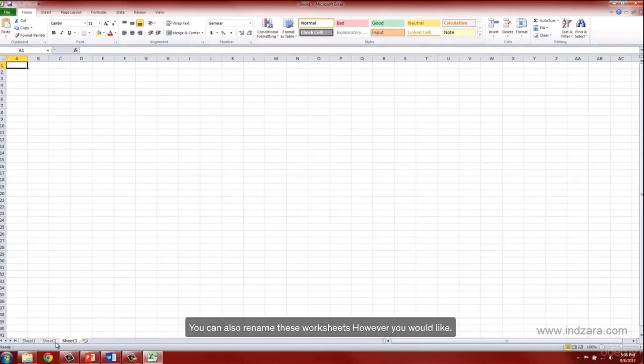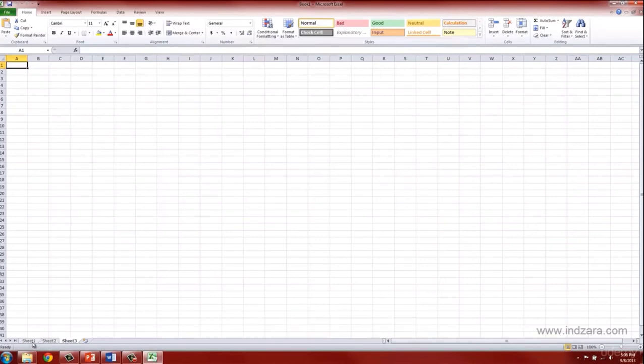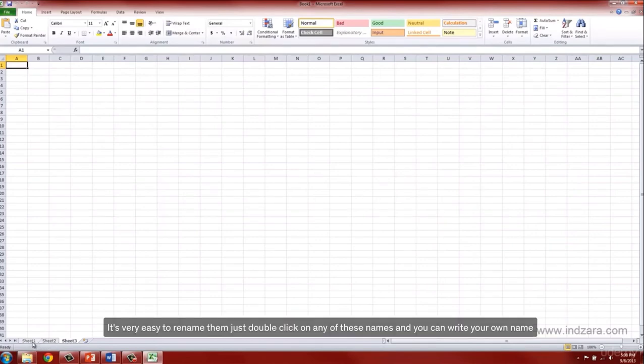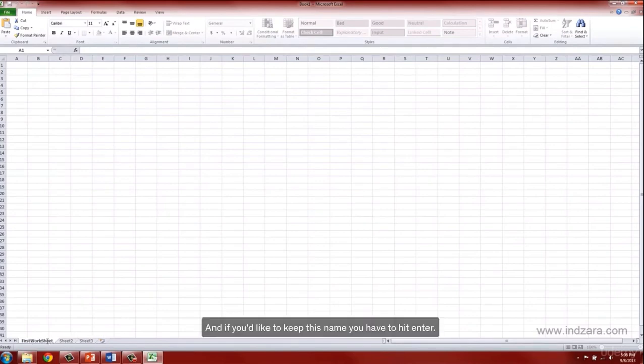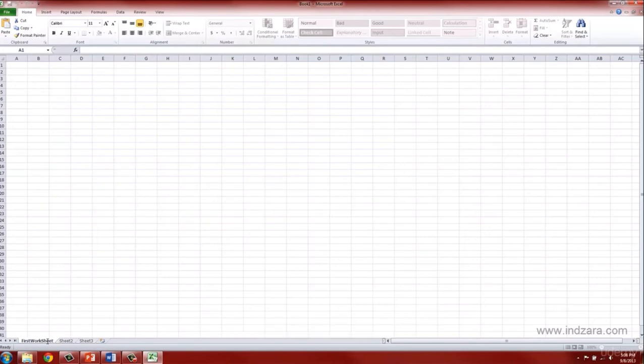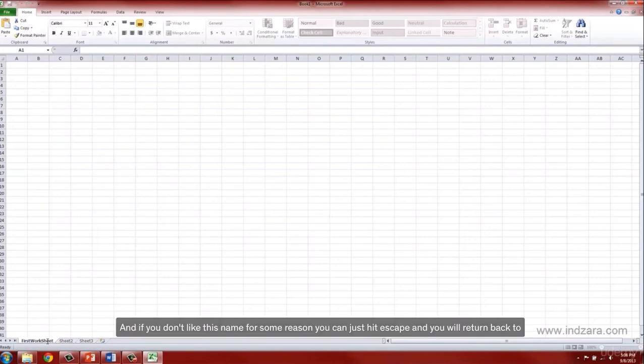You can also rename these worksheets however you would like. Even though Excel creates these names by default, it's very easy to rename them. Just double click on any of these names and you can write your own name very easily. And if you'd like to keep this name, you have to hit enter. And if you don't like this name for some reason, you can just hit escape and you will return back